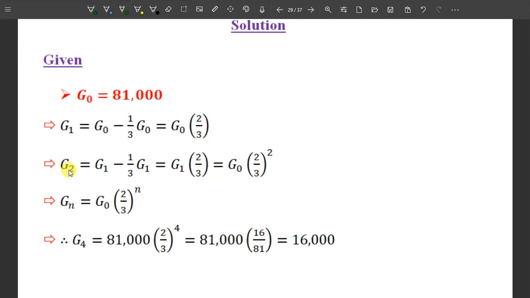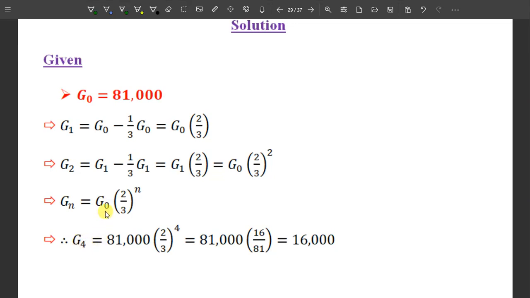And in general, G3 after 3 years will be worth G initial times 2/3 to the power of 3. In 4 years, G4 is equal to G initial times 2/3 to the power of 4, and so on. Therefore for n years, Gn, the amount of money that the motor bicycle is worth, will be Gn is equal to G initial times 2/3 to the power of n, and therefore G4 means after 4 years it